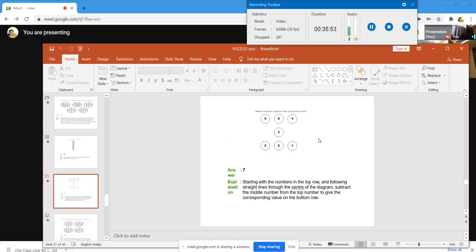So when you see this problem, 9, 8, 4, 2, 2, 6, what comes next? Whenever they are giving a relation like this, you should go with a Z order or an X manner. When you see it in the Z manner, there won't be any relation. I think we can go with the X manner. So relate 9 to the middle one. You just see 8 to 6. Immediately we can find out that it is subtraction. 8 minus 2 is 6. Likewise, when you see the X way, 4 minus 2 is equal to 2. So what comes here? 9 minus 2 is equal to 7.